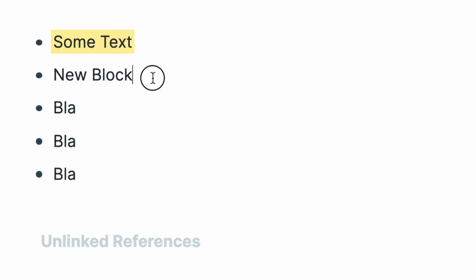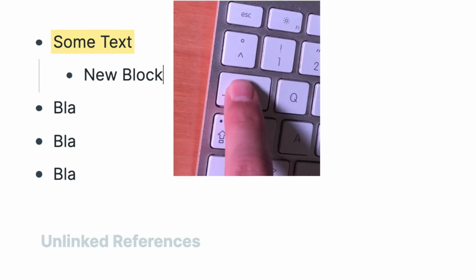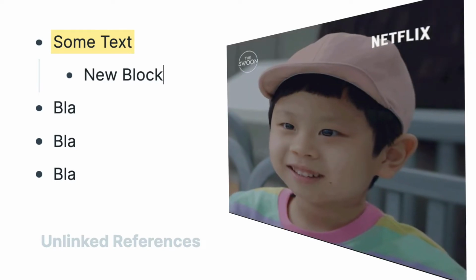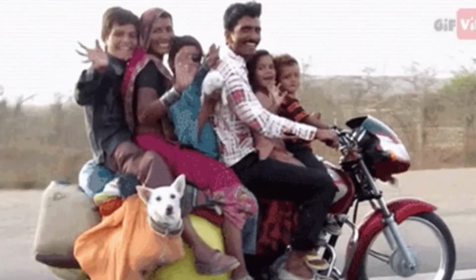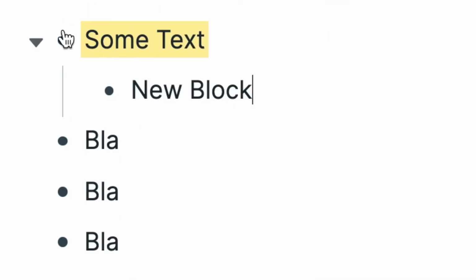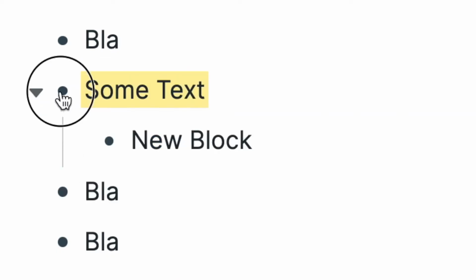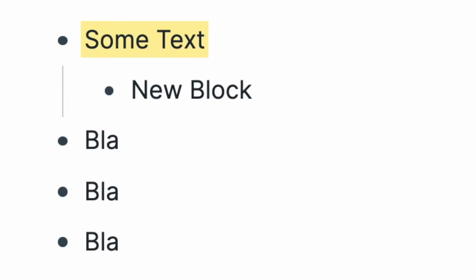But if we hit the tab key whilst in a block, it will now be indented or nested underneath the above one, and then it becomes a so-called child block. The great thing about child blocks is that they will follow their parent blocks wherever they go, as you can see when I move this parent block around. This may sound trivial at first, but it is an extremely powerful feature,